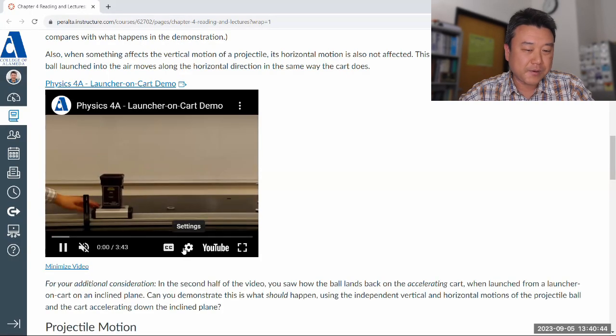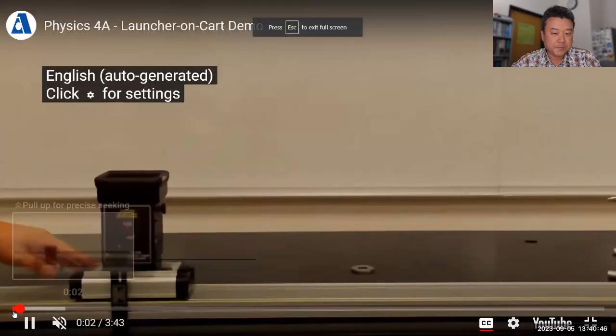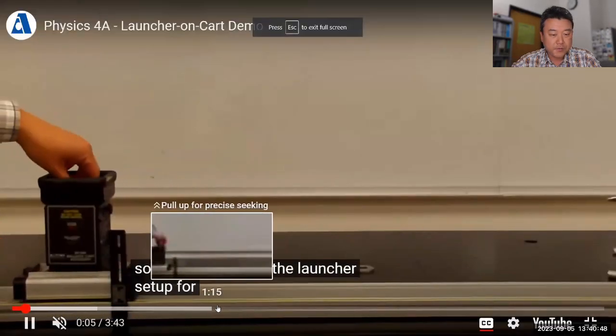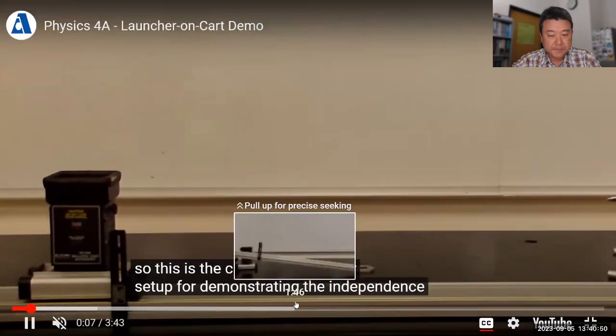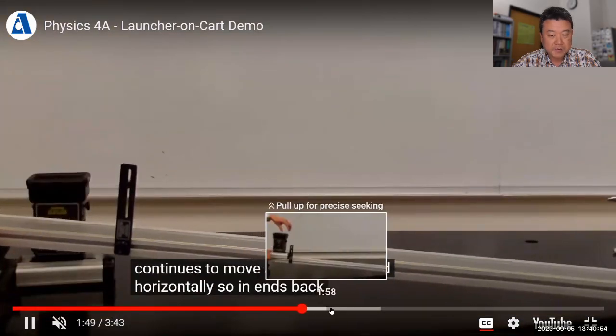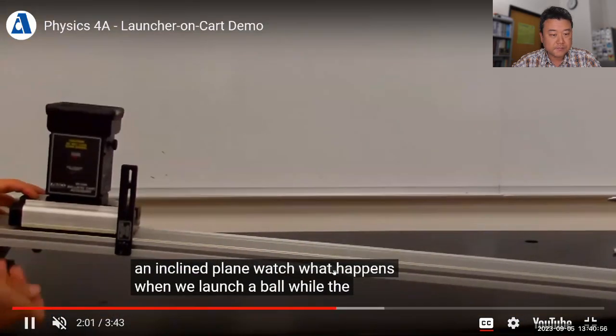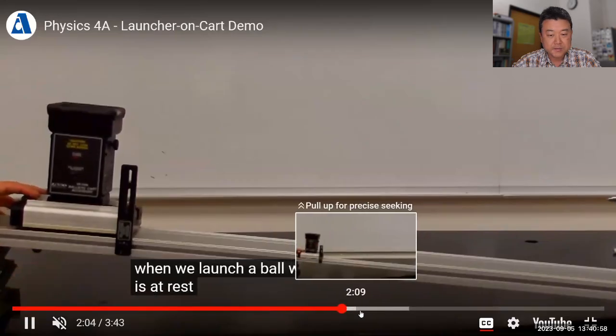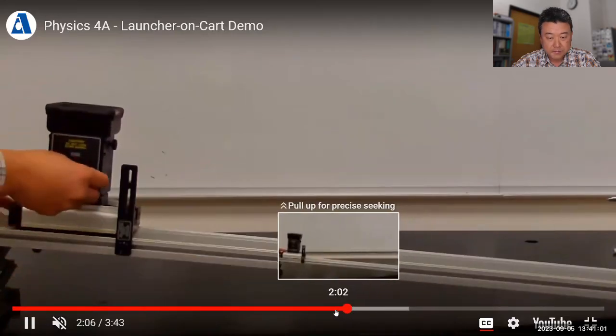So I'm not going to play the whole thing. I'll just skip to the part where I do the demo on the inclined plane. Yeah, this is the inclined plane, and just to make sure the things make sense,